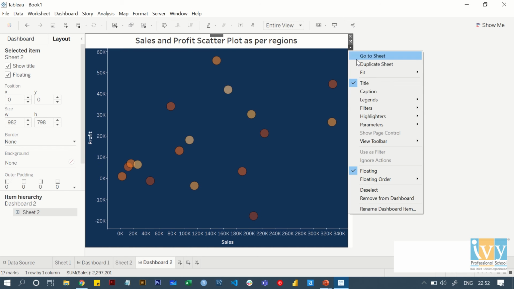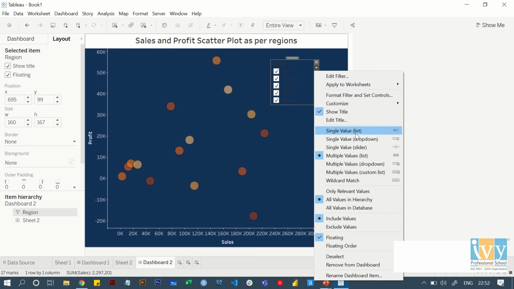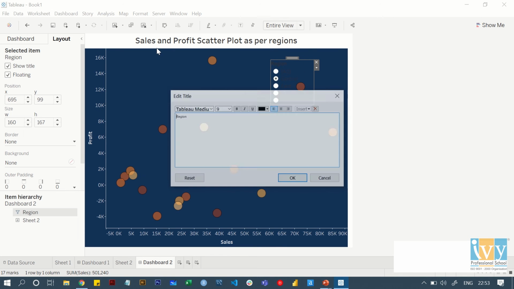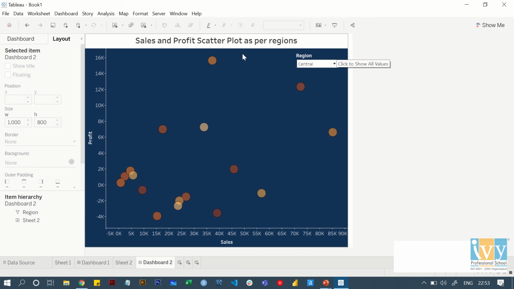So I'll click here, I'll go to my filters, I'll bring the region filter. Now this is what I was talking about. Right now I'll make it single value list and I'll also make the color as white, right? Now this is not at all looking nice, right? Even if I make it a drop down, it's coming like this. It's like a box which is right there in the center, and the box cannot be formatted. It will look like this only. This is something which I personally don't like.